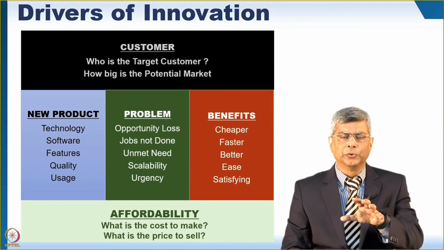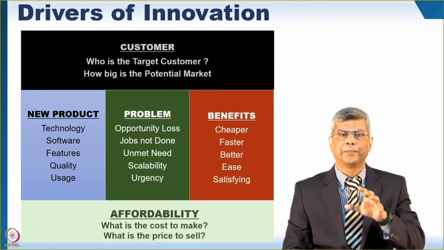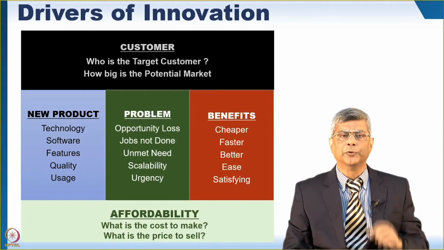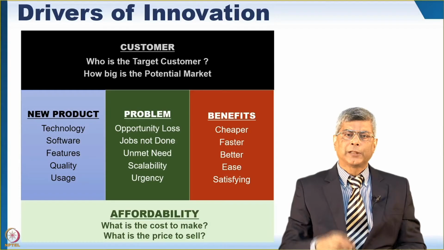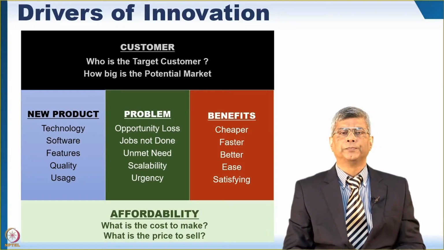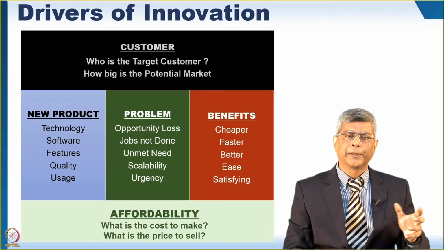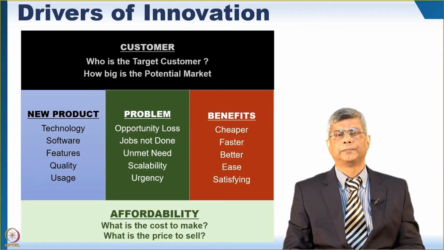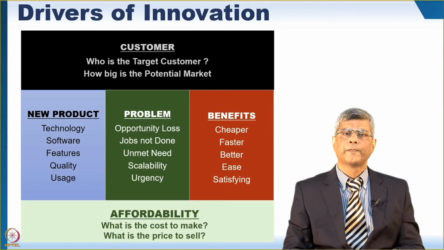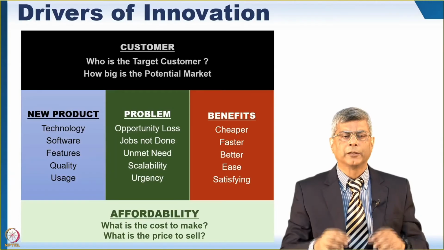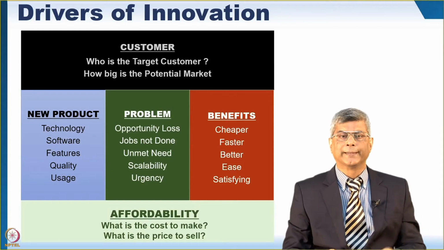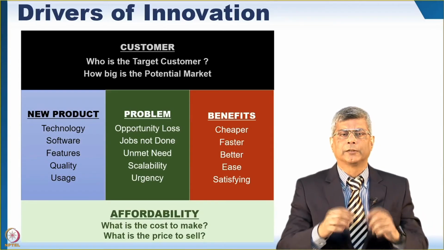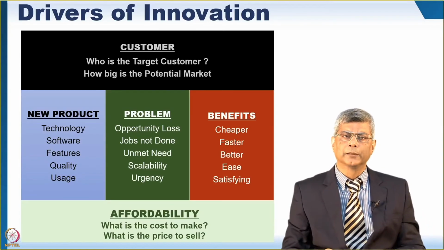Once you've understood these two, then you do your research and development and prototyping work to start creating a new product. And then you start looking at what technology do I use? Hardware, software, robots, drones, artificial intelligence, machine learning, whatever technology. The next question is software, as I said, hardware and software. Then you start designing the features, prototyping it.